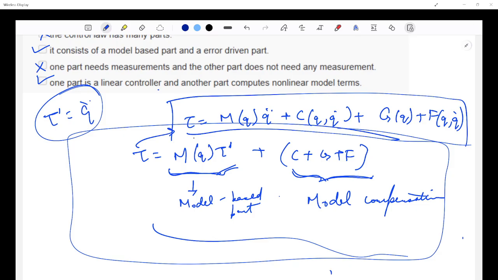What linear decoupled unit? Tau prime. So, okay, you want to say that tau prime now does not depend on M, C, G and F? Yeah, that is true, because you are cancelling basically all the effects. You are doing feedback linearization. You are cancelling the effects of all the non-linear terms and you are having an equation like this. So you are including a control law such that it cancels the dynamics of the system. Don't say decoupled, but you can say that this is now not dependent on all of those matrices.